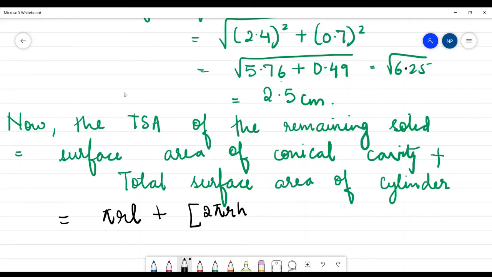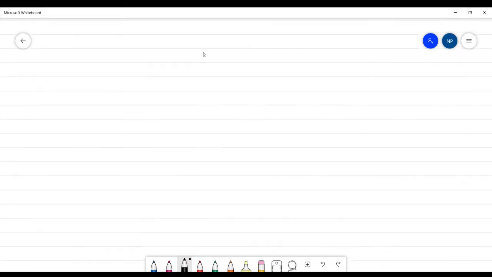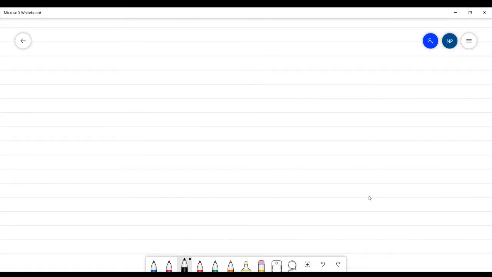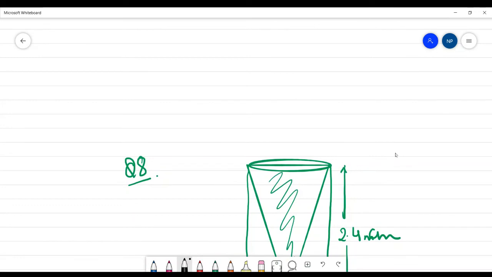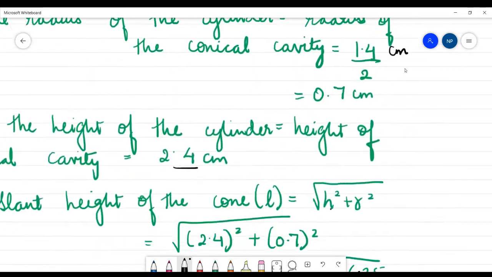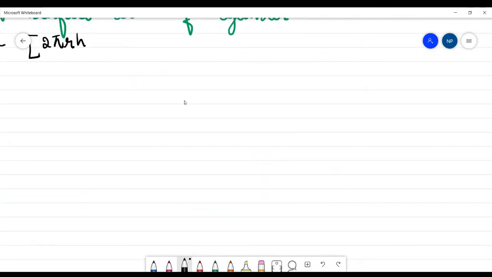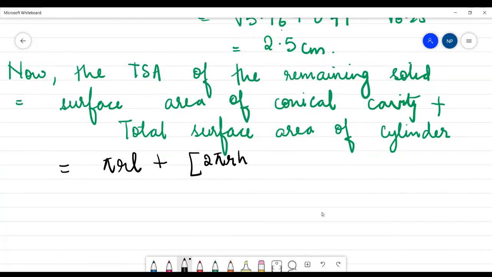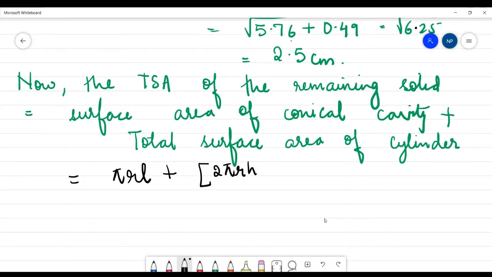Okay, if you see in the diagram, children, this particular base also is being carved out, right? This is the cone, that is, a part of the cylinder in the shape of the cone is coming out. So we are left with only this particular base. This particular base is also taken out. So we have to include this base to calculate the total surface area of the cylinder. So the area of the base of the cylinder, since it is in the circular shape, will be plus pi